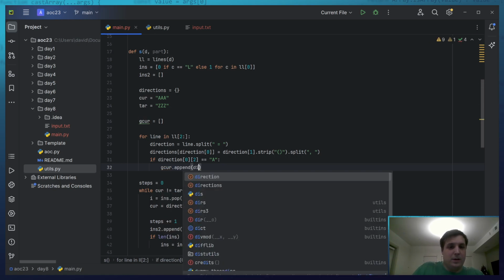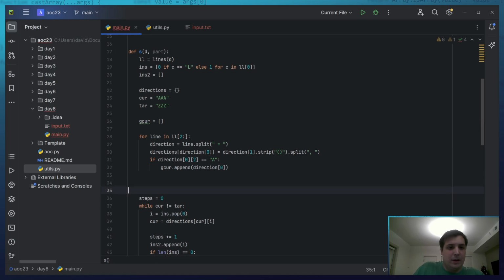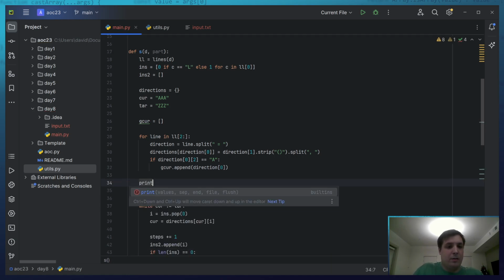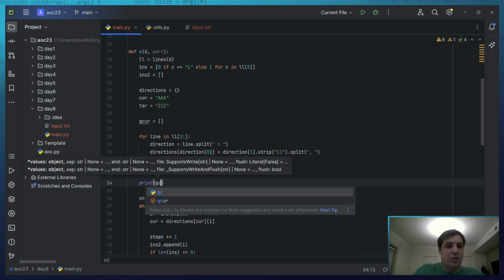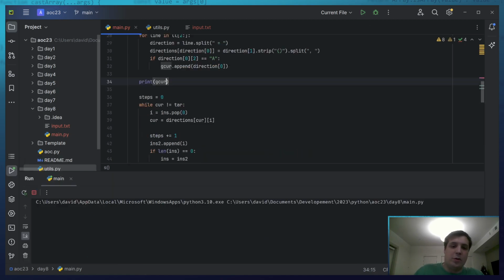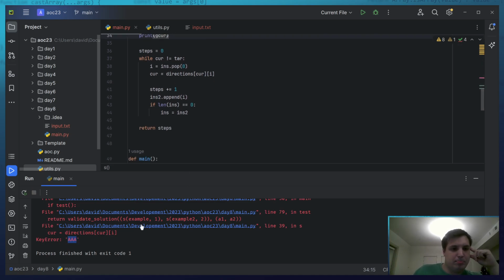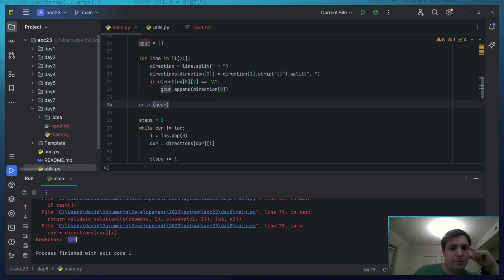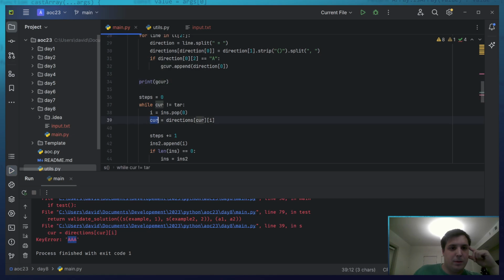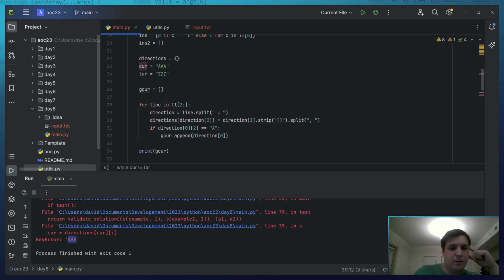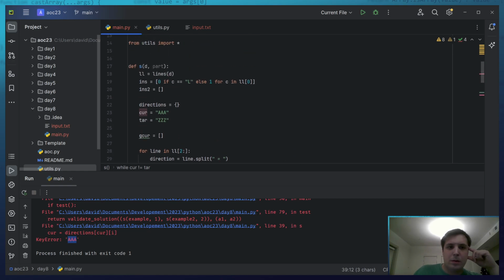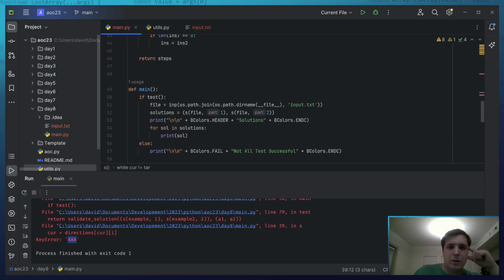Append direction 0. Let's just print what our ghost current is. What happened now? What just happened?